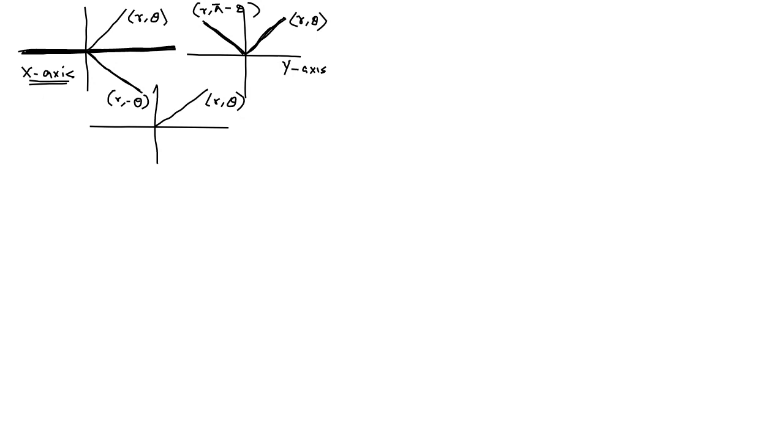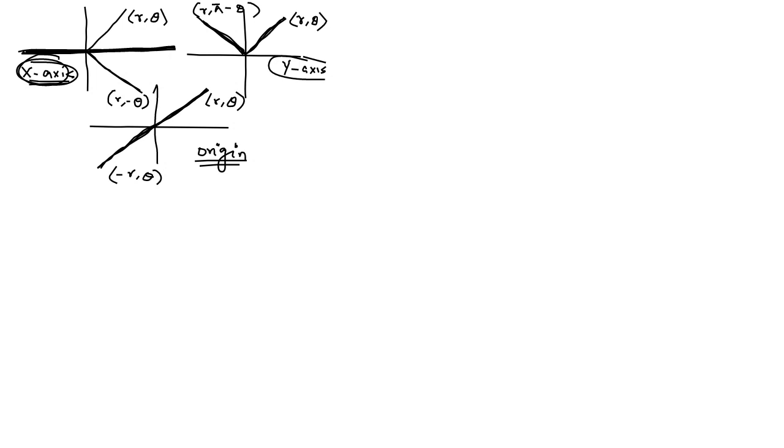Okay, when you have the graph r, you just have to extend it to the next line, which is called minus r and theta. You can say that this is origin symmetric. So there are three conditions. Same thing you draw for the down x, so you can say x symmetric. Same thing you draw for the y-axis, that is y-axis symmetric, and same thing you draw for the origin, you can say that is origin symmetry.